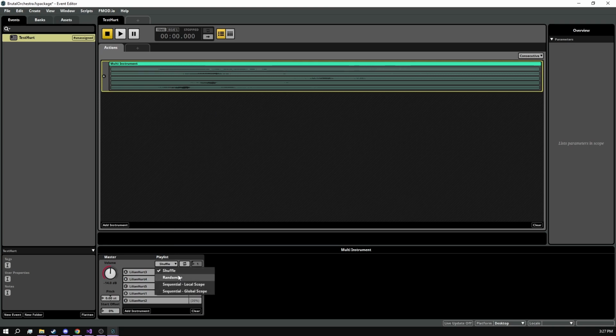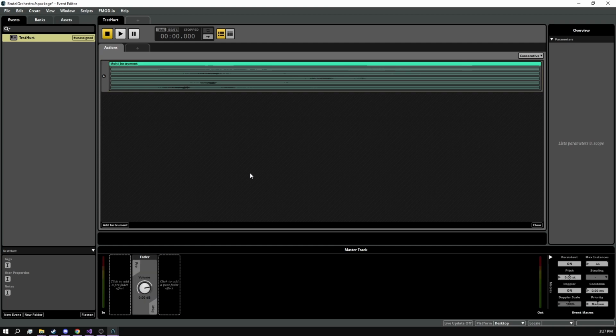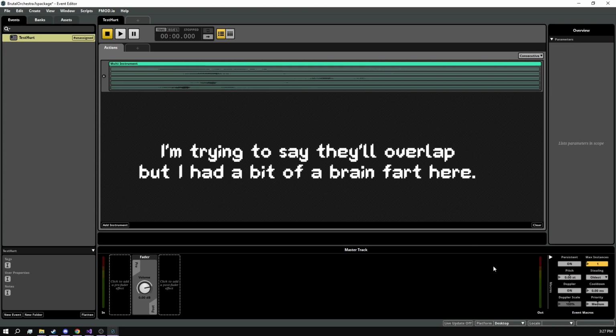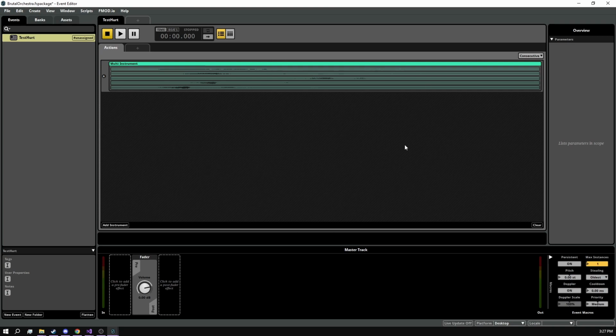Now, some people say you should do randomize. I prefer shuffle because I'm pretty sure shuffle's just randomize, except it prevents the same sound from being played twice in a row. And I think if you're hearing the same sound over and over, it gets a little grating. So, I'm also going to recommend you change max instances to 1, because if that's not the case, then if you trigger this event very quickly back to back, it will play more than once. And having like 8 hit sounds going on at the same time, or 8 talking sounds or whatever,